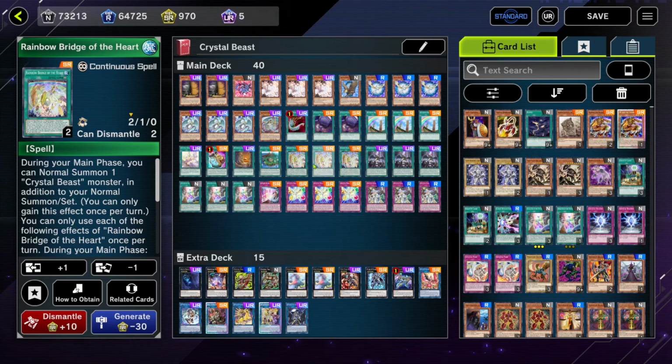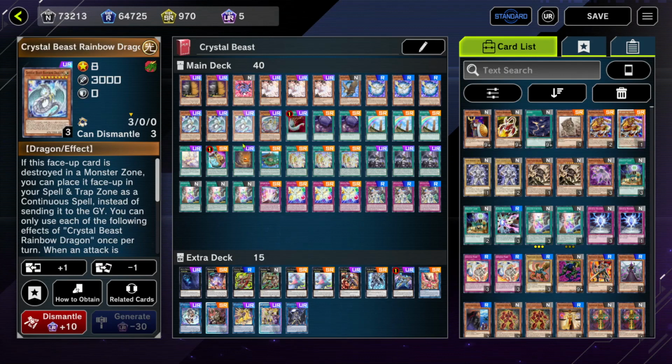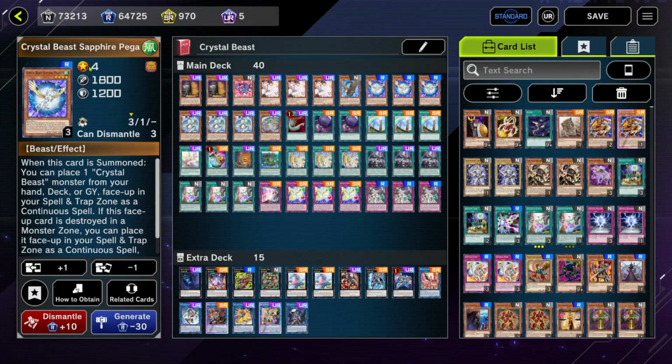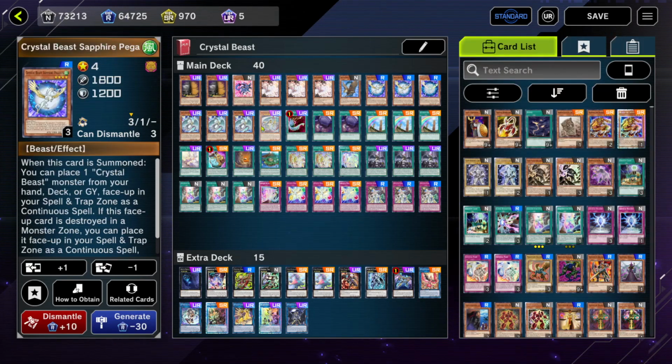So let me show you guys how it's a bounce on our turn, right? When you normal summon your first Crystal Beast, if you normal summon Pegasus, or if you special summon Pegasus off of Zenith, as we discussed, Crystal Bond already adds us another Sapphire Pegasus. When you activate Rainbow Bridge of the Heart, you normal summon your second Crystal Beast, the Sapphire Pegasus that we searched